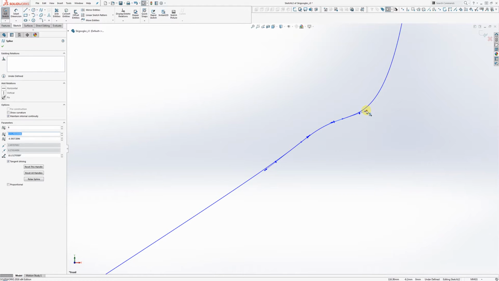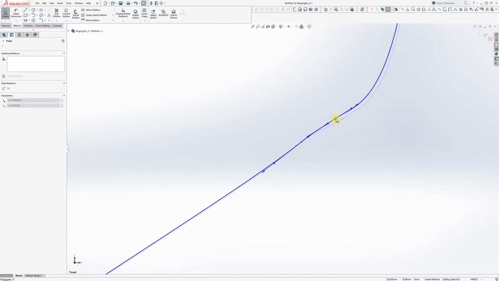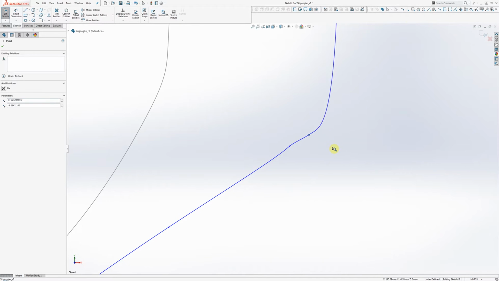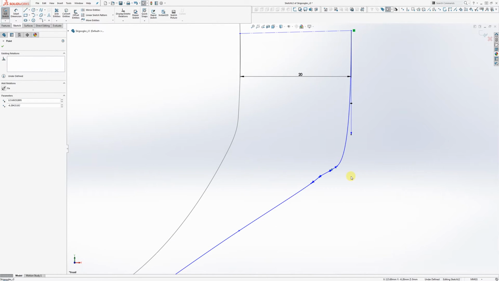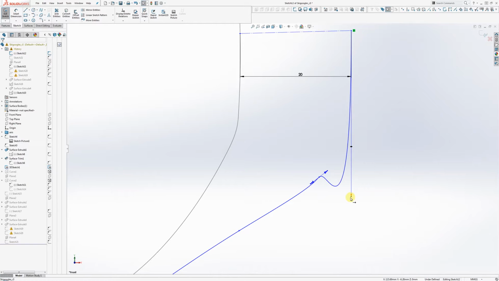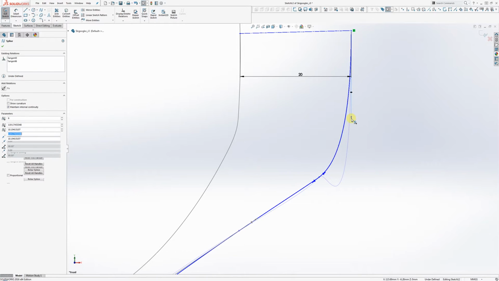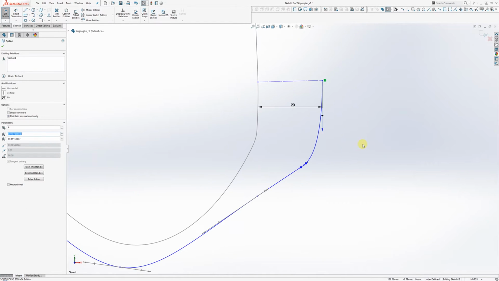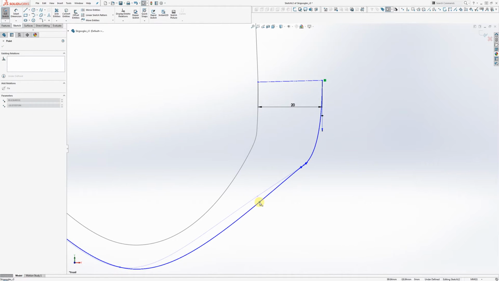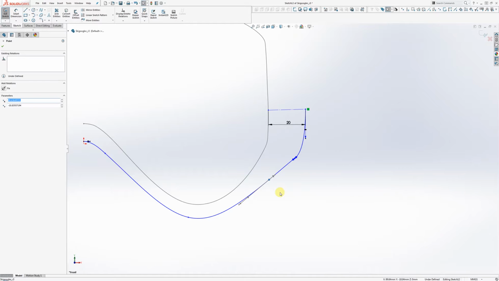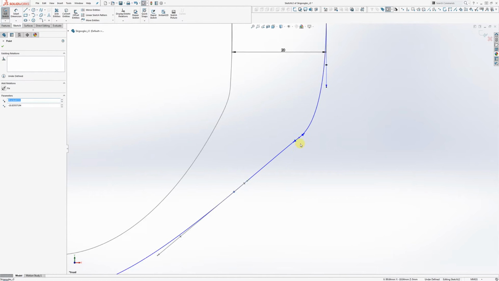If they really aren't playing along, you can always delete them and start over. In fact, I might do that at least once here. There you go. Cool. Okay, that looks alright. I know that I don't like the way that this is looking, so I'm going to pull that down a little bit. And I know that this is looking a little bit wobbly, so